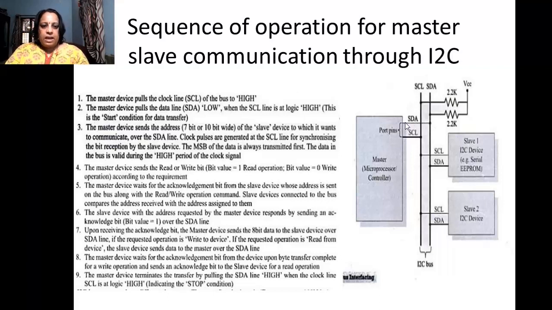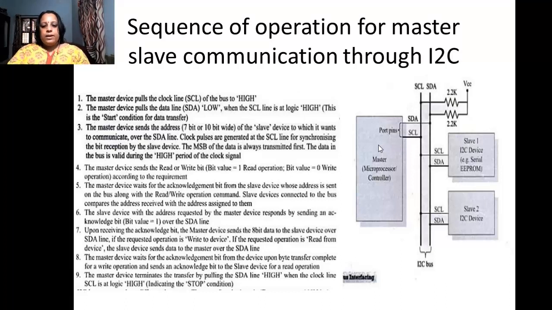When the SDA line is asserted to high, that says the data transfer is complete and it wants to terminate the data transfer with slave 1. We have taken an example connected with slave 1. So now the data transfer is over. The stop operation is indicated by the master making the SDA line high. So these are the sequence of operations that occur in a master slave configuration of I square C.